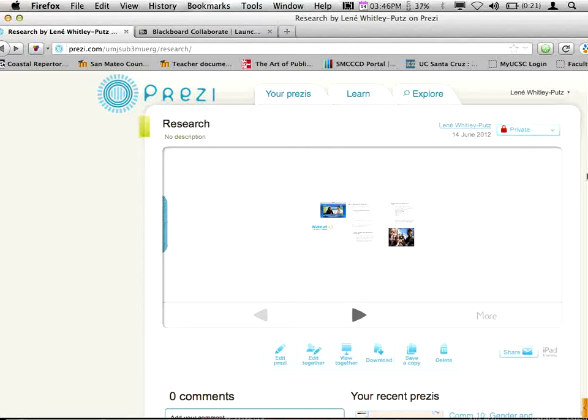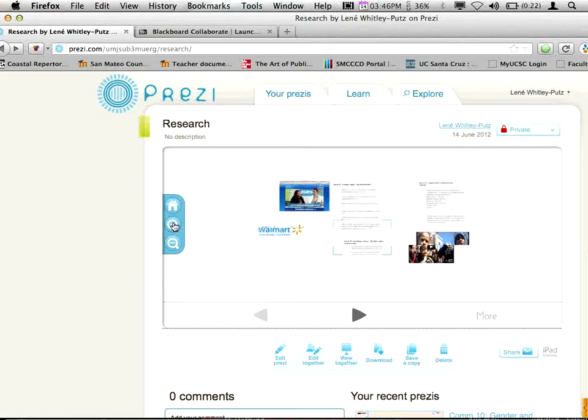Right? The other thing is that it allows you to zoom in. So that's called an infinite canvas. This idea that if they're doing a research project or if they're archiving their work, it's like writing an annotated bibliography almost, but they're putting it all on one particular page that they own on Prezi. You can use these tools right here on the side to zoom in or zoom out.